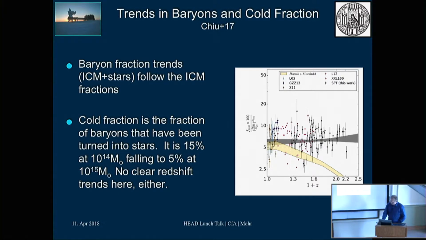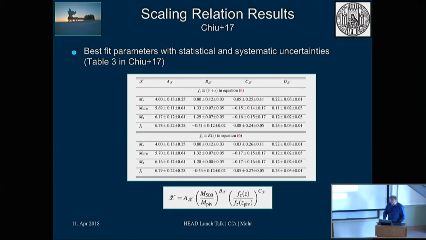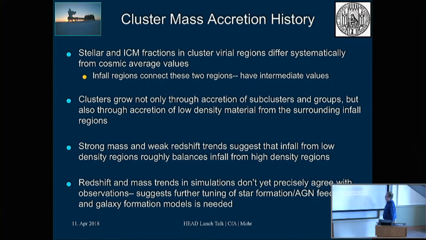Well, in what sense? Do the simulations predict any redshift dependence? They do predict redshift dependence, but they have much better statistics than we have. But they're weak redshift trends in the simulations as well. So that's good. Roughly, it seems like the simulations and the data are pointing in the same direction. For the mass trends, I think it's much more up in the air. It looks like we're seeing somewhat stronger mass trends.